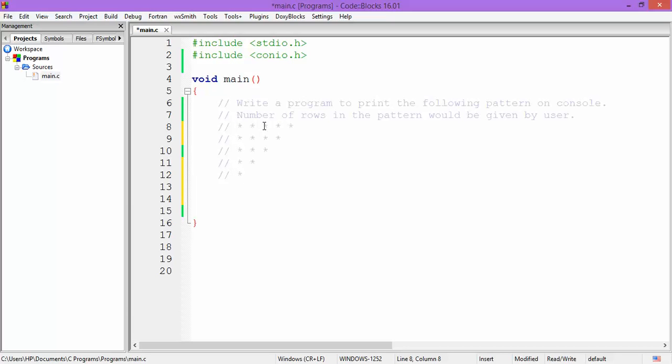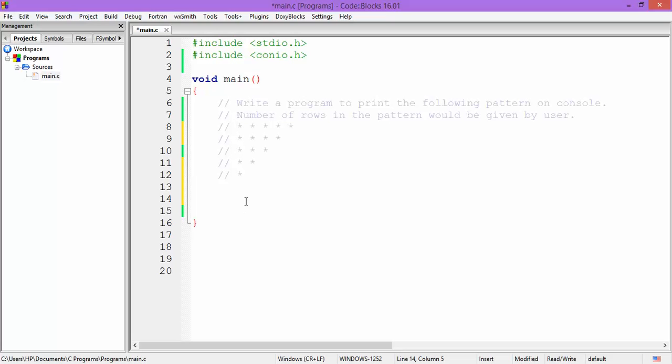Now if the pattern had 6 rows, then the first row would have contained 6 asterisks, and then the second row would have contained one less than the number of asterisks in the first row, that is 5. Likewise, the last row would always contain a single asterisk. So for n rows, if there are n rows in the pattern, the 0th row would always contain n asterisks.